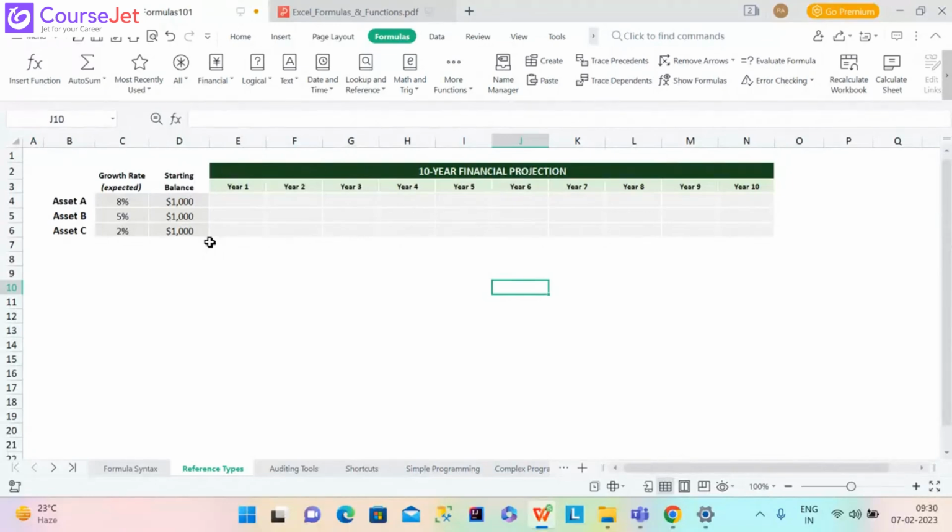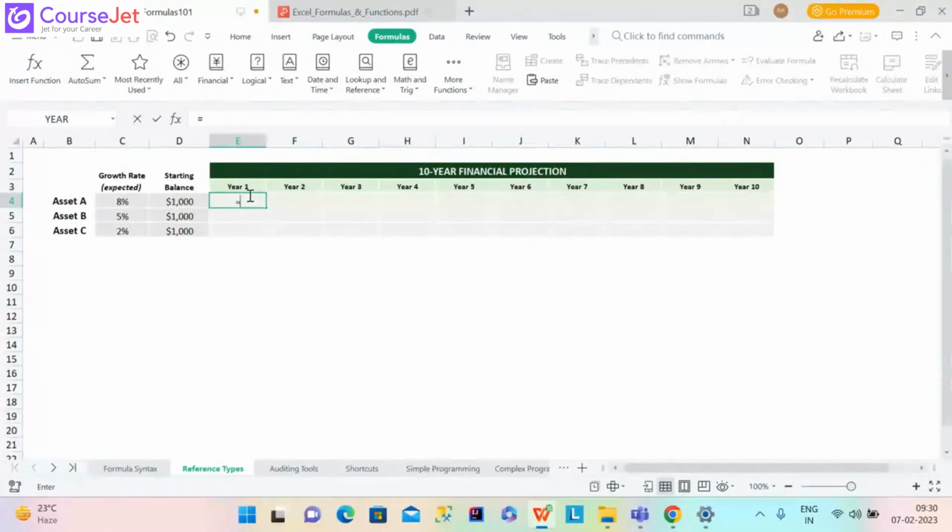Okay, so let's see if we can make this work right here in the E column, cell E4. We start with the equal sign, as always. We are basically going to take our starting balance and multiply it by 1.08, or 108%, that is 100% plus 8%. To do that, we open up a parenthesis, and we give D4